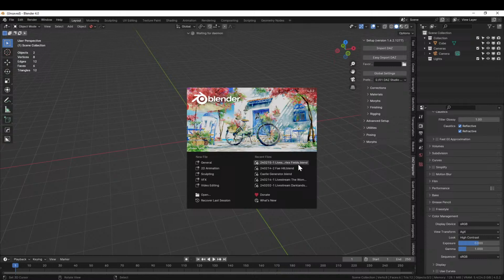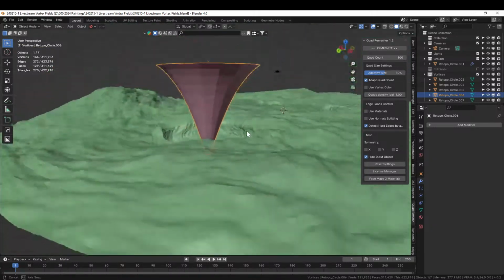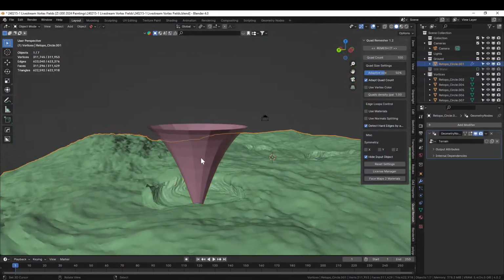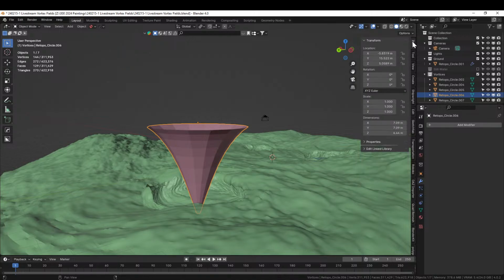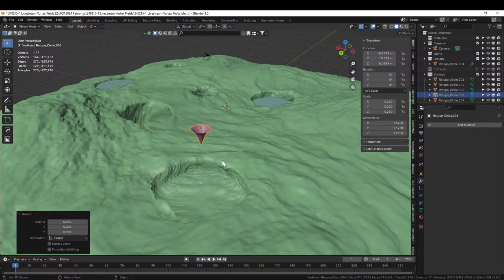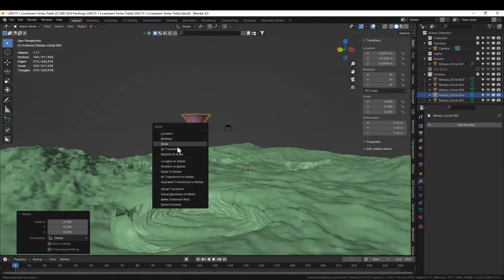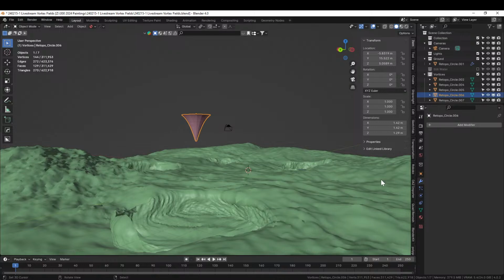Of course I saved. There we go. Back. So yeah, because this thing is what? Yeah, it's already pretty big. Let's say S and 0.2. Cool. That seems like a reasonably good size. Control A, rotation and scale. Now let's apply